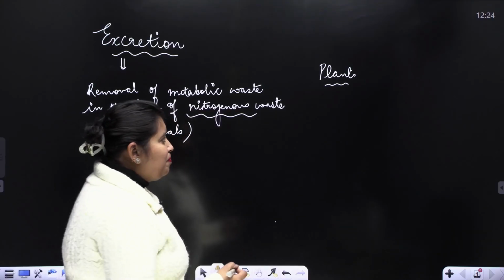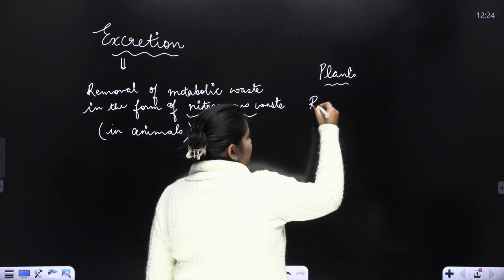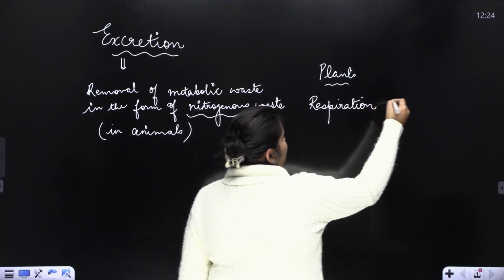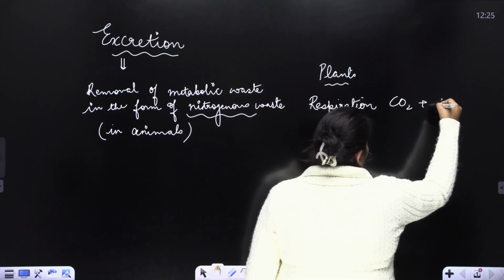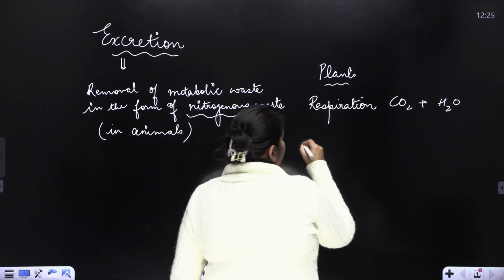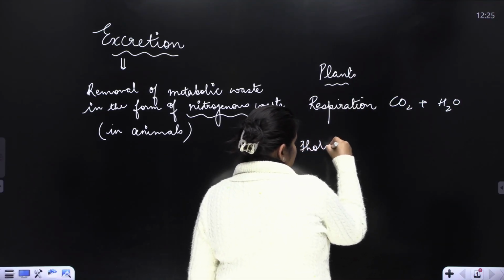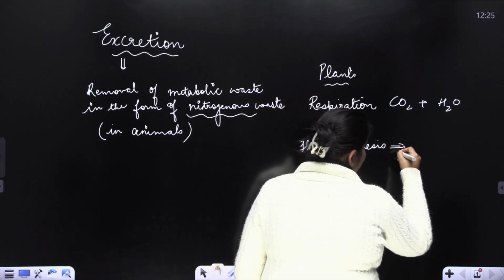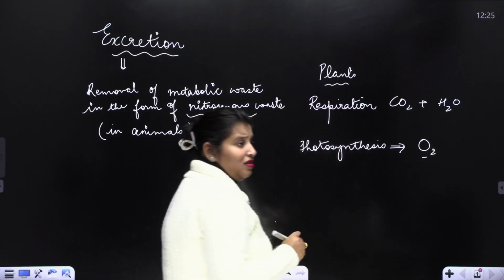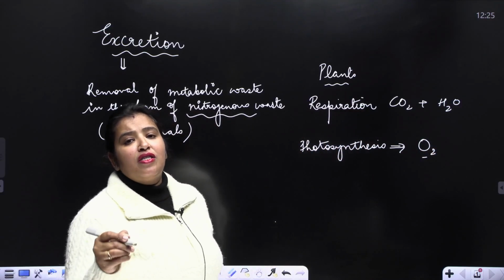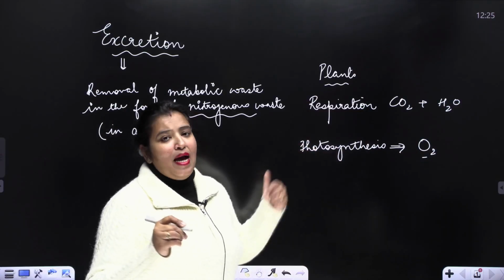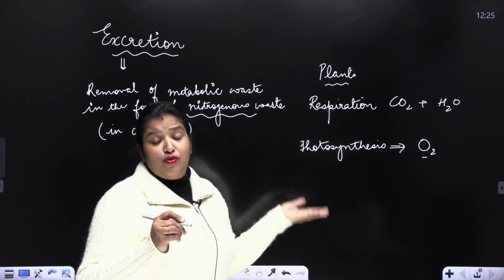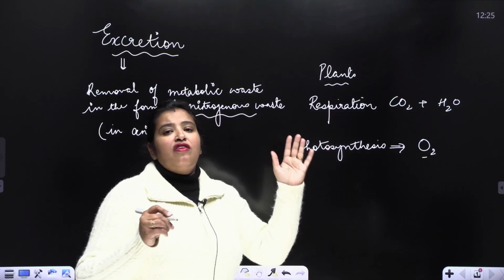Clear? So when I say plants, the main waste which is generated is produced either during respiration, where the waste produced is carbon dioxide and water, or during photosynthesis. Now you will be surprised to know this is a waste for the plant. Oxygen is a byproduct which the plant is not utilizing during the day because it itself has ample of it. All right. So the extra amount of oxygen, after using it for respiration, whatever is left is released out.